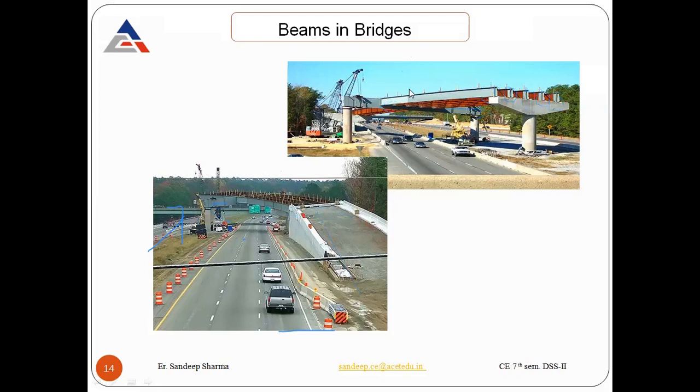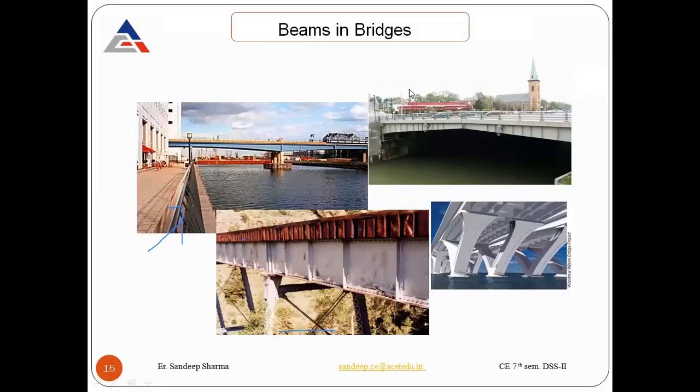So next one, again we have so many pictures of beams in bridges that you can see here. These are the plate girders below the railway track bridge, and again, these are the girders which we use below the bridges.